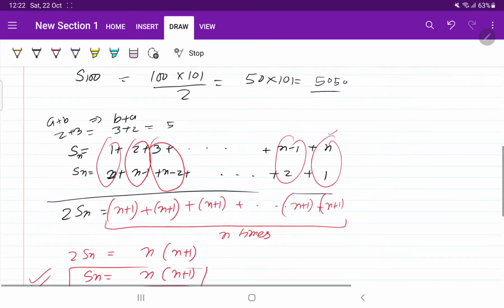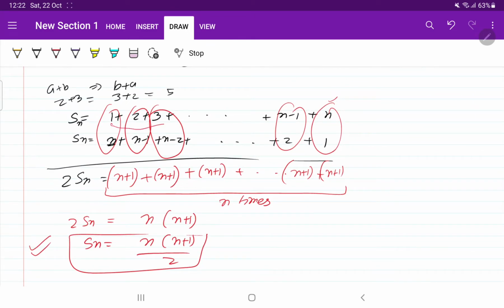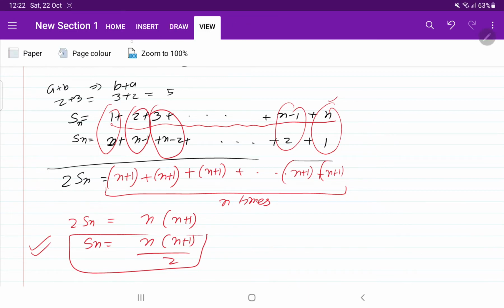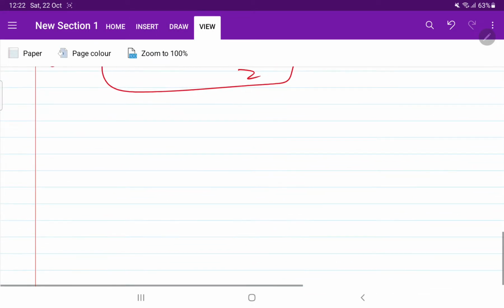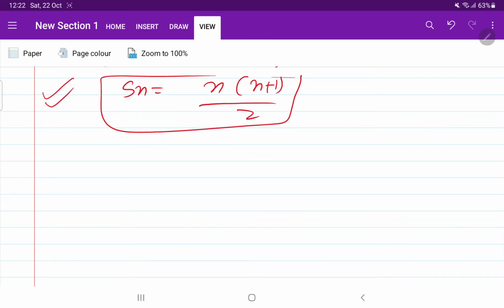Okay, so what is the logic here? If it was given in this way, what we have done is we have reversed our pattern, and then we have done the addition and we got this method. Now if you want to write the code, it is very easy, because if you got the logic, this is the optimized approach. This is the fastest way to get the sum of the first n numbers.